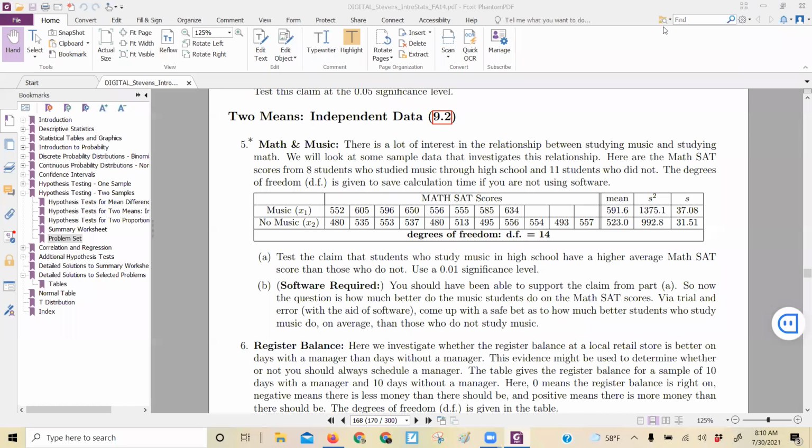Let me get a pointer. I see this is two independent means, right? So this is that second set, not a paired difference. So you want to watch that when you do your exam for this course, because I don't tell you which to use, and they're jumbled up, so you have to do that condition check. Well, these are not the same individuals, so they aren't like a before-after situation. These are two different groups that have two different treatments assigned to them. So that's definitely two independent samples. And what we're trying to say is,